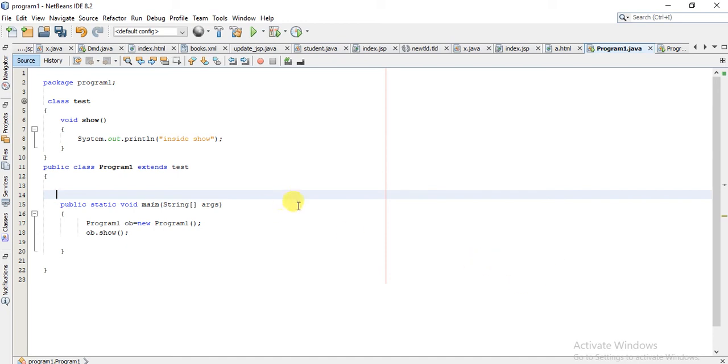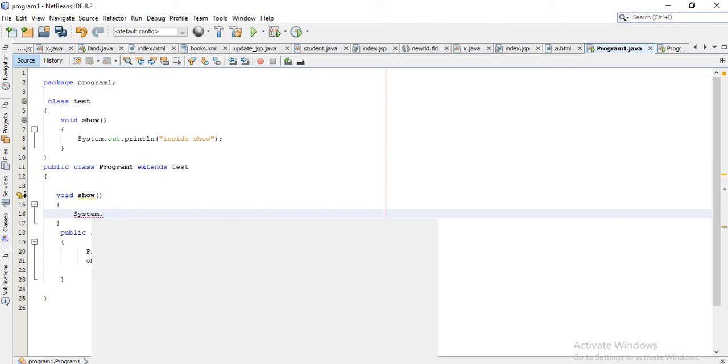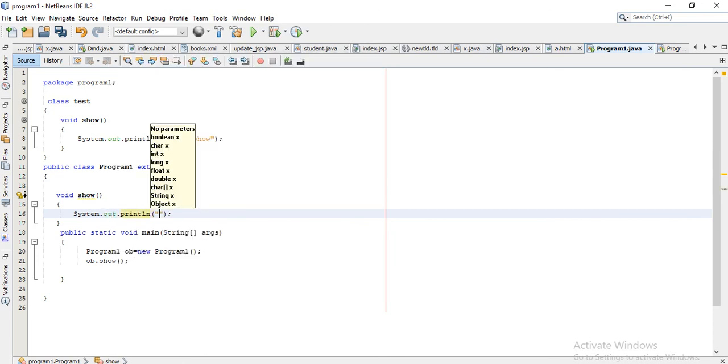So let us try to override this function show in our main class: void show, System.out.print, new definition of show method.